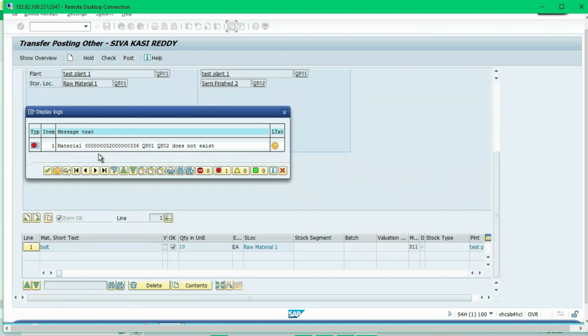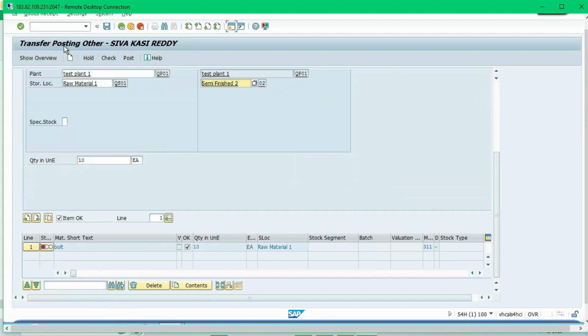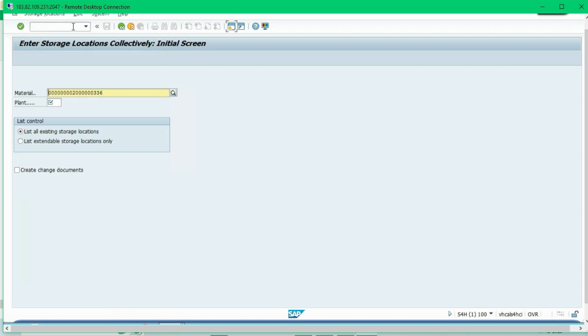Now we are getting the error: material 0000336 QP01 QS02 does not exist, which means our material master information is not available in our second storage location QS02. To clear this error, enter the T code /n MMSC, enter. So here we need to enter material and then plant